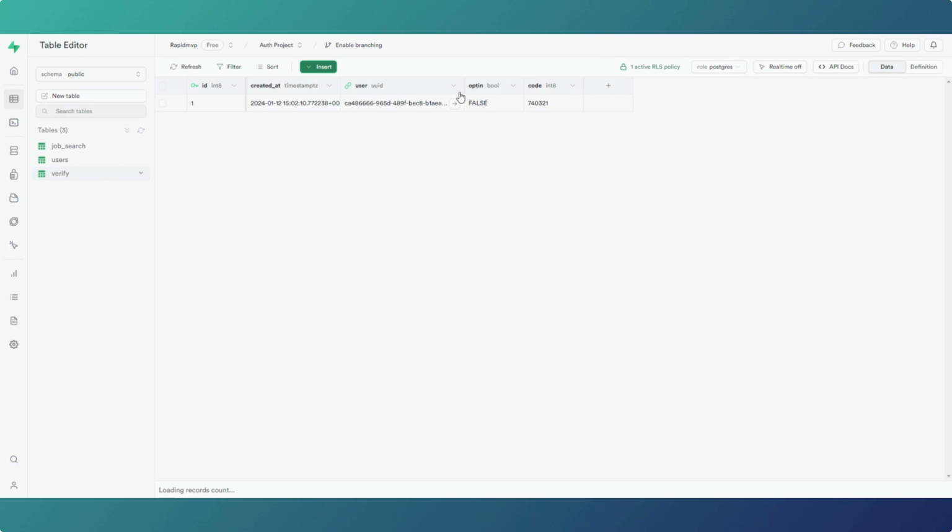So it's the verified table, just the one user still, obviously, user ID, which we now have access to, which is why we don't need to go and grab the email address out of the auth schema. Currently set to false because it makes my life easier logging in and out rather than messing around with it all the time. And then we've got a pin code in there. So that is only temporary though, because what I have done, and I haven't run it since I did this,